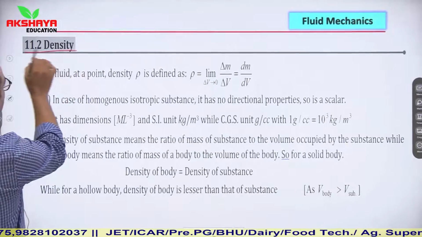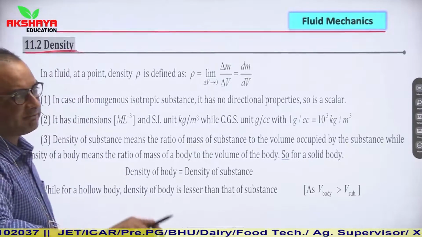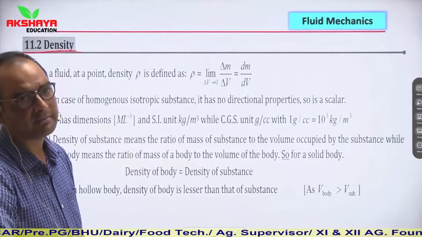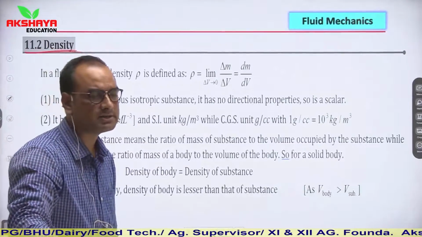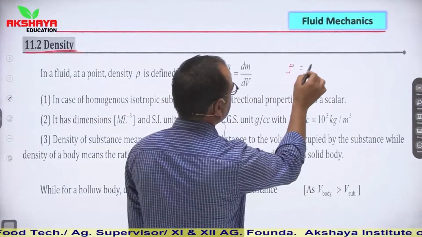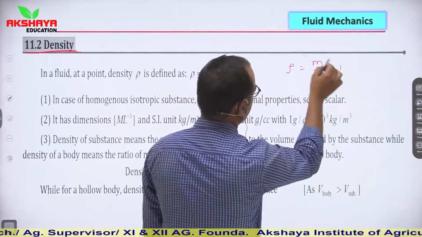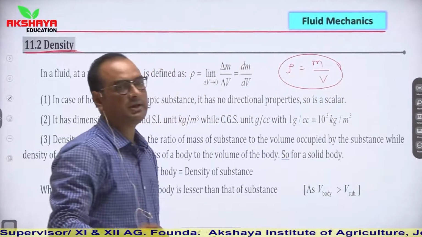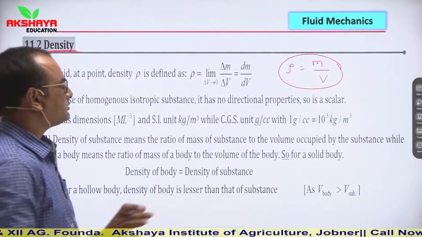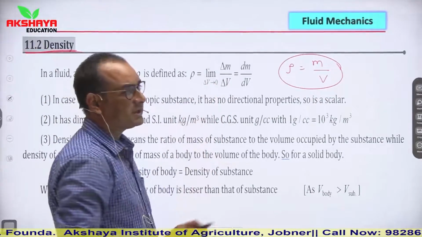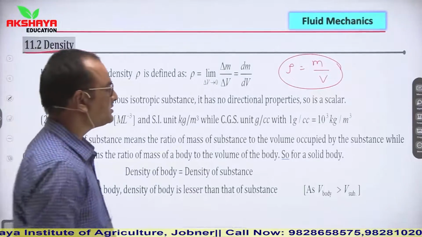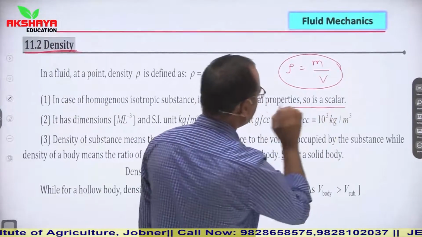Now density. What is density? Whenever we see this topic density, you have to keep in mind that the density of any substance is given as mass in unit volume. So rho is equal to m upon v. Density is mass in unit volume. Now see, if we talk about its directional property, then density does not have any direction, means it is simply a scalar quantity.